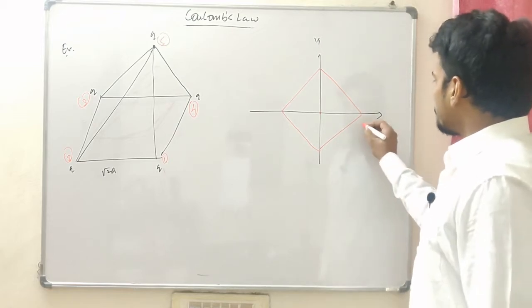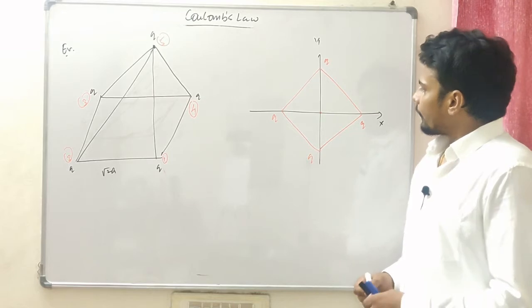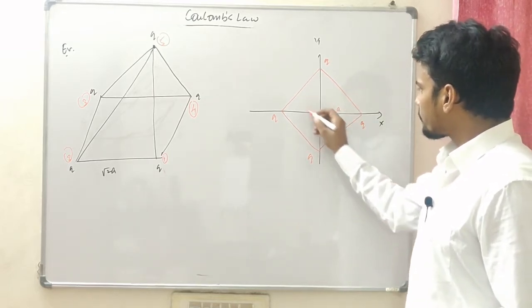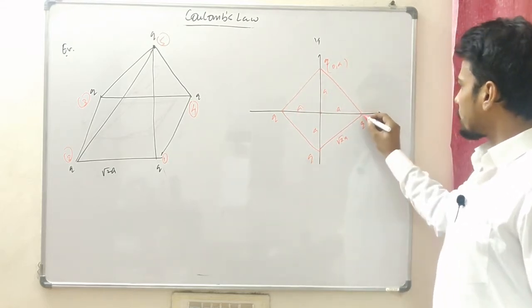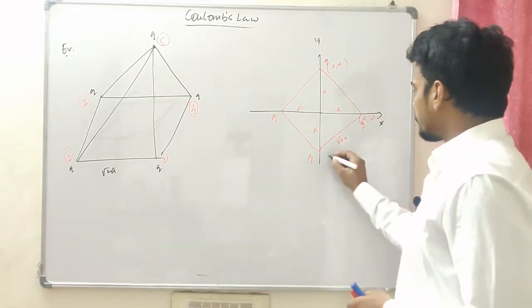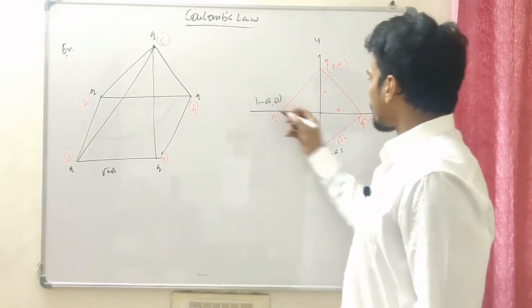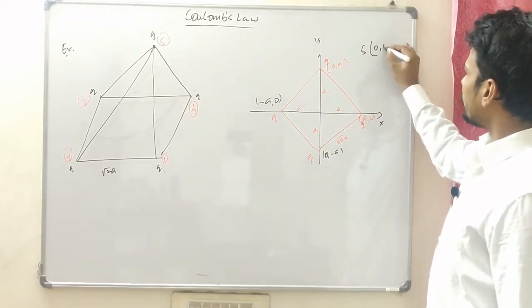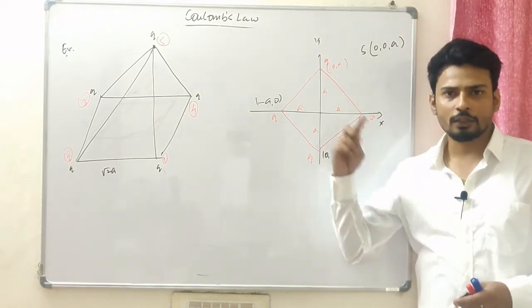That's the top view. Let's say we have charges q, and of course this q. If it is root 2 times a, I'm sure you guys will agree this is going to be a. So this point is going to be 0 comma a, this point is going to be a comma 0, this is going to be 0 comma negative a, and this is going to be negative a comma 0, and let's say the 5th is here. So I'm writing the 5th charge over here, that should be 0 comma 0 comma a, right. That should be the position of the 5th charge.